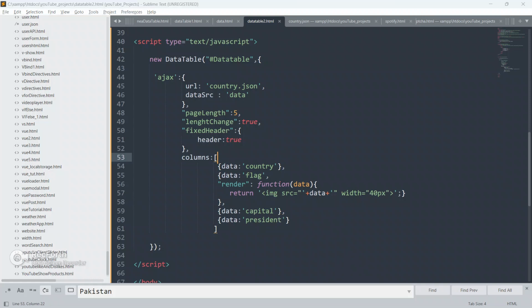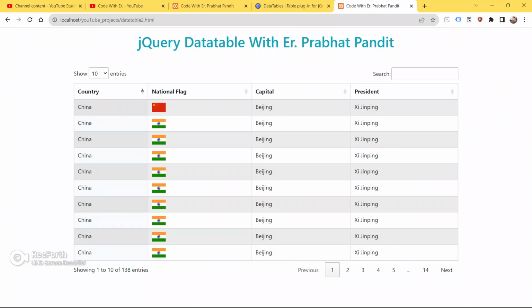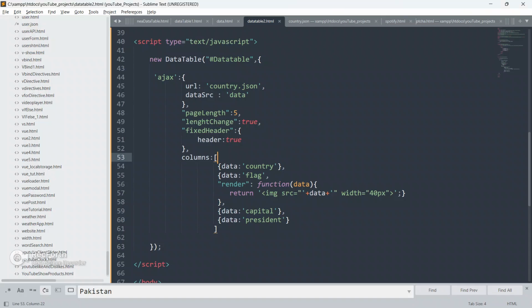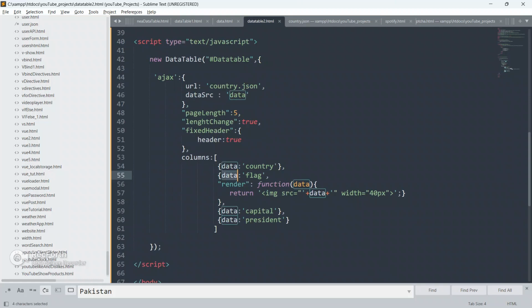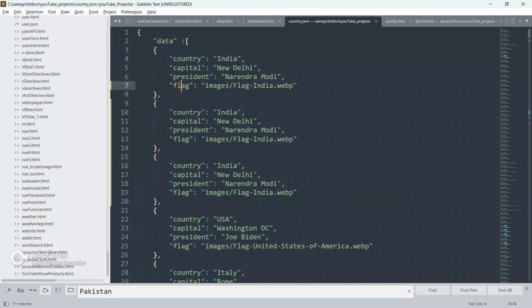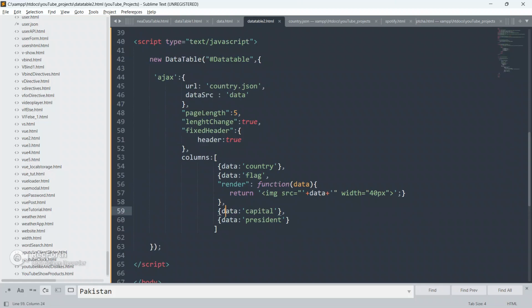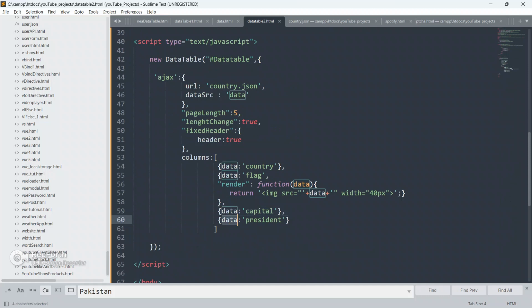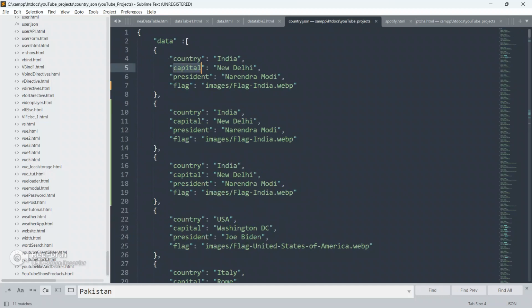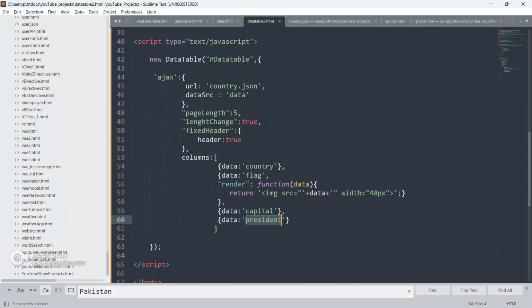So that's why I have given here columns, open and closing square brackets, and then we have to define the columns, country, national flag, capital and president, through this jQuery DataTable. This data belongs to country, this data belongs to flag, this data column capital belongs to this capital, and this data column president belongs to this president.